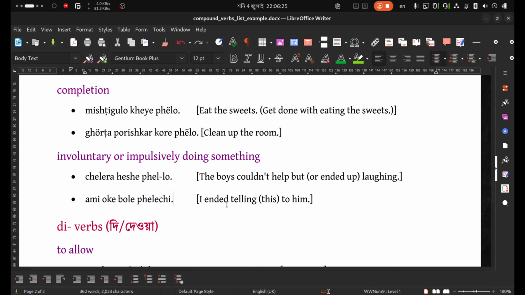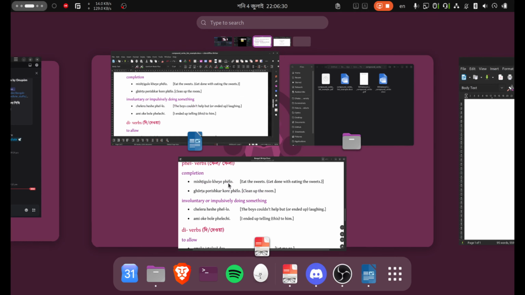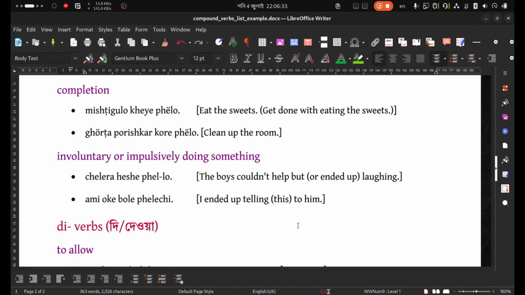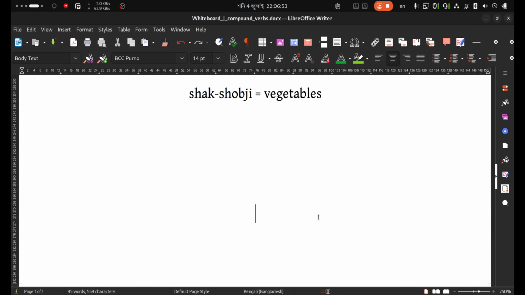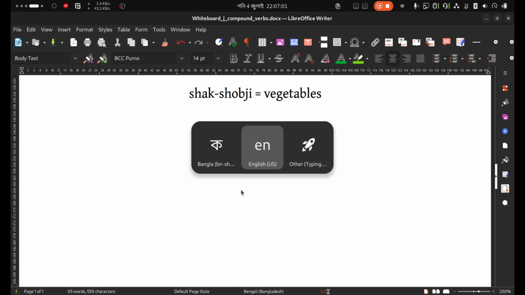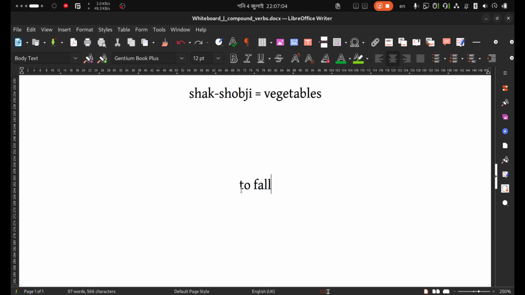Oops, I ended up telling. Suppose one sentence I want to try. Suppose the sentence is the jar has fallen down. So can we use that, jarta, like what we say in Bengali the word fallen? What you want would not be correct, but the same meaning can be used in that sentence. First, I will help you with the one you asked. You asked the verb to fall. To fall,